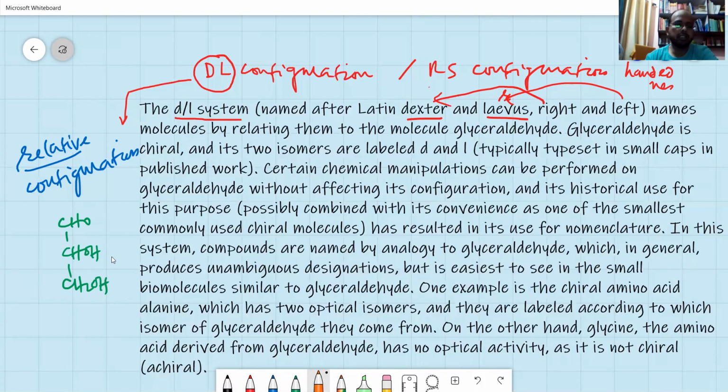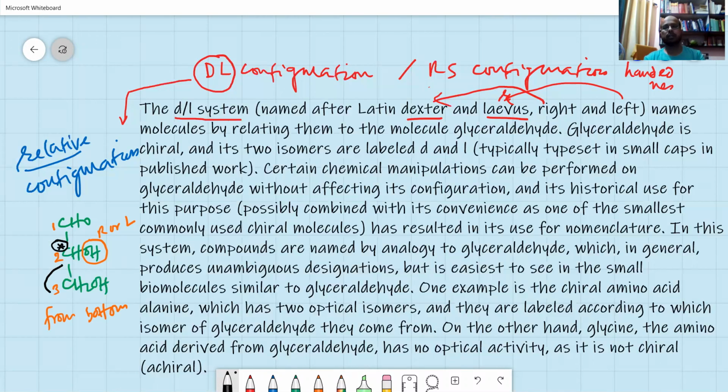So in the carbohydrates, we describe whether OH is on the right or on the left. When it is on the right, you call it D. When it is on the left, you call it L. So any group that is in the carbohydrate, whether it is glucose, mannose, cellulose, or fructose, the carbon atom 2, this is carbon atom 1, this is carbon atom 3. From the bottom, from 3, if you see, the carbon atom is chiral in nature.